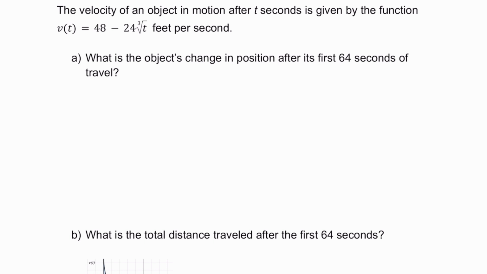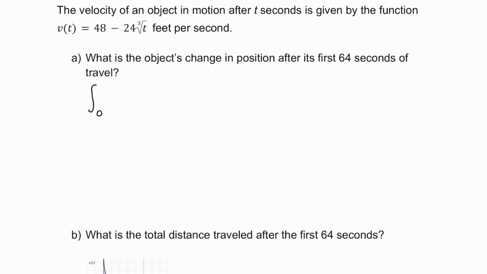Here we have the velocity of an object in motion after t seconds is given by the function v of t equals 48 minus 24 times the cubed root of t in feet per second. And the first part says, what is the object's change in position after the first 64 seconds of travel? Well, that is just found by the definite integral